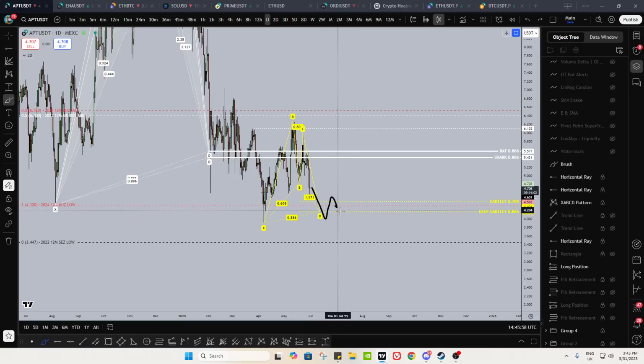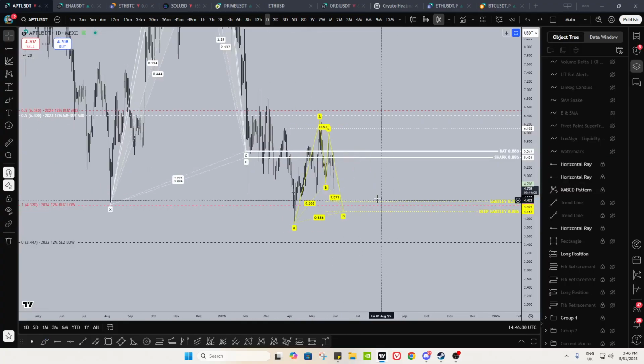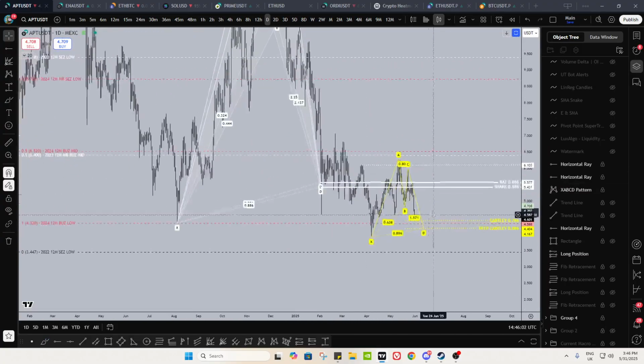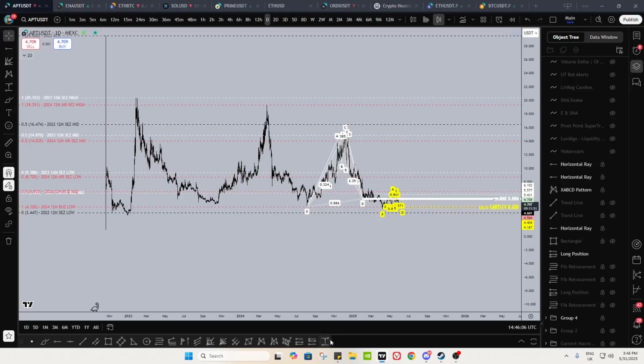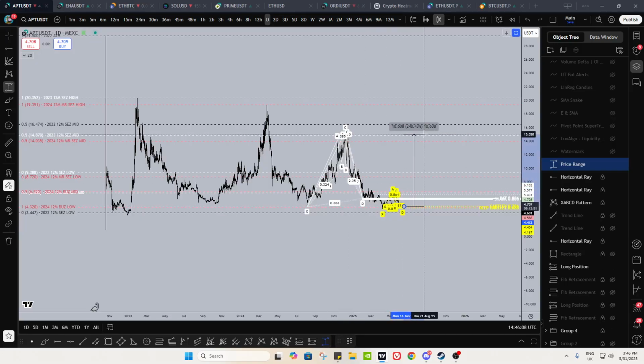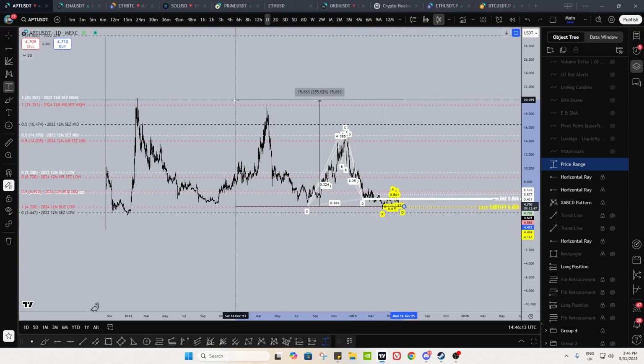Otherwise, for now, this is where you want Aptos to hold. Yeah, you might get some lower time frame chop, but if you can hold that, then I think eventually Aptos goes up. And conservatively, if you get a full-blown alt season, I reckon you get at least basically a 300% move up on this, right? But I think we go and take these equal highs out.